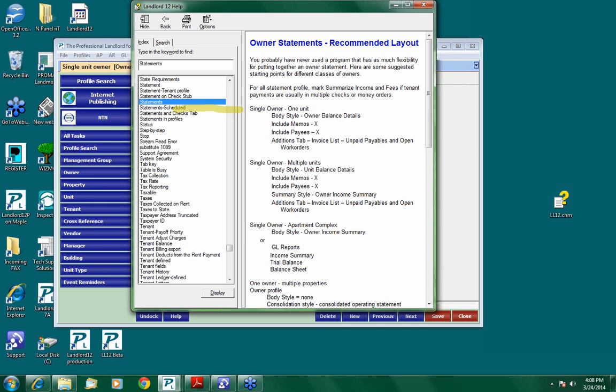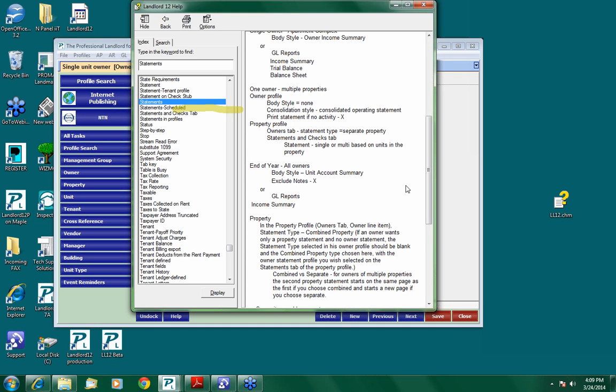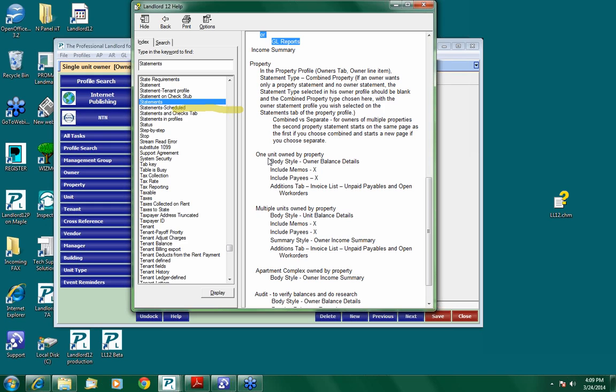And under this Help section, there's the recommended layout for the single owner 1 unit, single owner multiple units, single owner apartment complex, 1 owner with multiple properties, end of year, and this end of year is the same for all owners. For properties, and it gives you information about that. 1 unit owned by a property, multiple units owned by a property. So all the different ones are there with the recommendation on what most people use. You can end up using anything you want to,